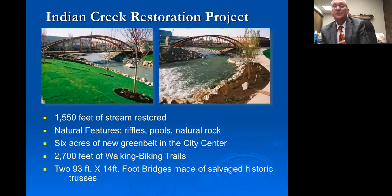There are 1,550 feet of stream that has been restored, and you can see the beautiful natural banks with grass and trees. There's 6 acres of greenbelt along this project in downtown, right in the center of downtown Caldwell. 2,700 feet of walking paths and trails, and of course some bridges that were built over the stream,